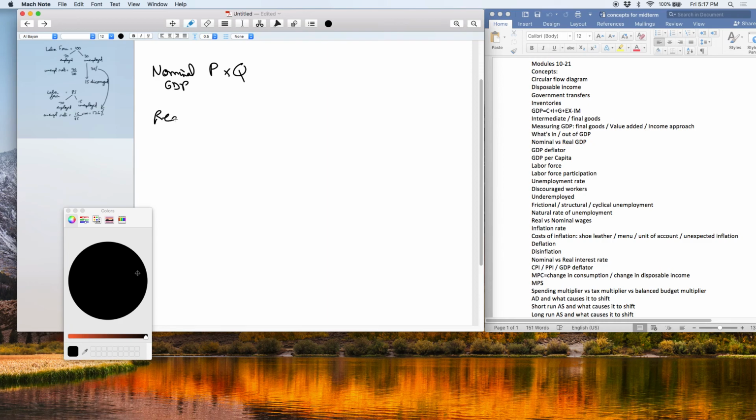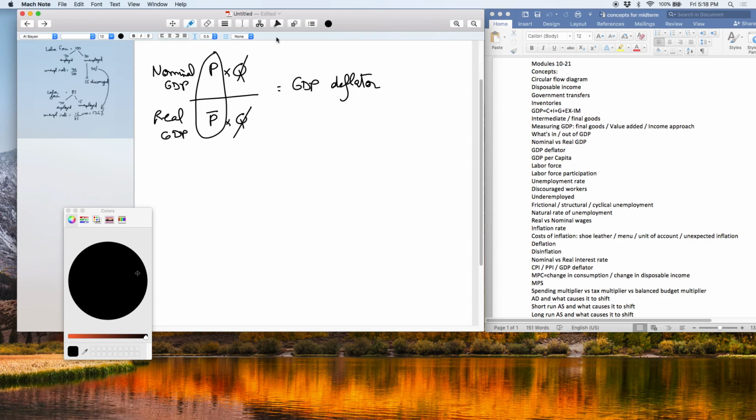The real GDP is like some kind of fixed price times quantity. So what happens if I divide the nominal by the real? The quantity falls out, and what I end up with is a measure of how much price has changed relative to the baseline. And this is what we call the GDP deflator. So the GDP deflator is nominal GDP divided by real GDP, and it is a measure of the price level in the economy, which we can use to